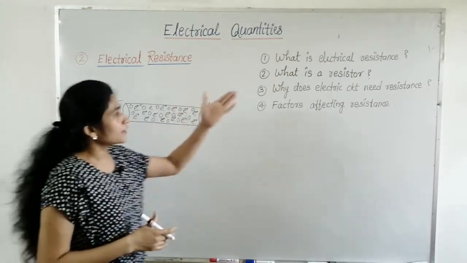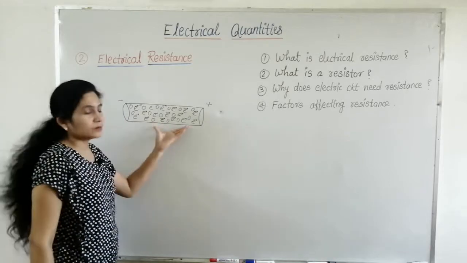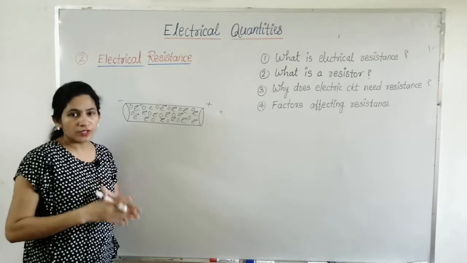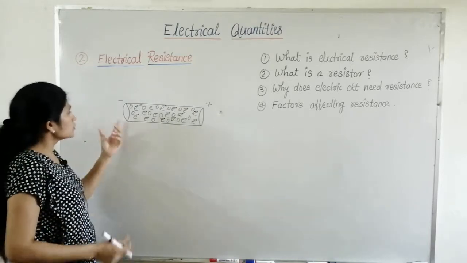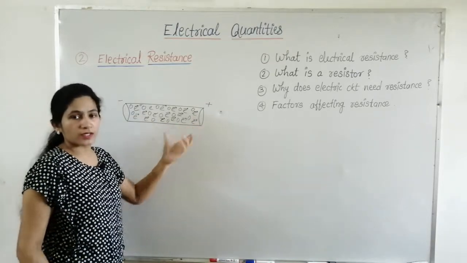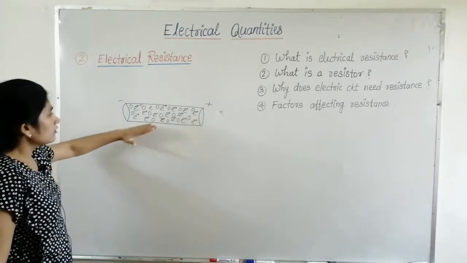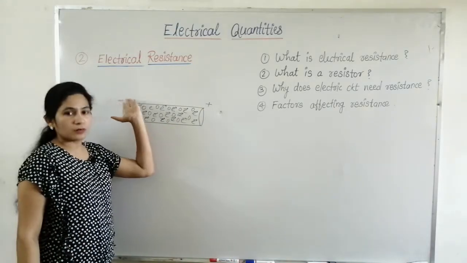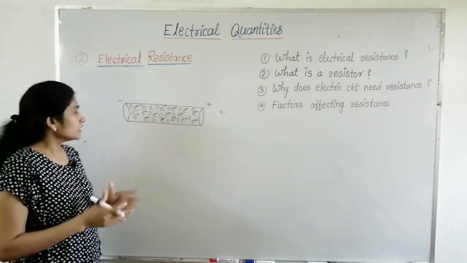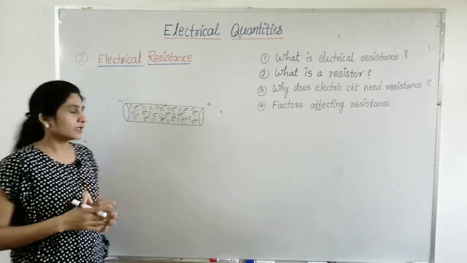So to understand electrical resistance we have to go inside a conductor. A conductor is nothing but a metal wire, okay, and we know that a metal wire consists of a number of free electrons. These free electrons move when a potential difference is applied across the ends of a conductor, and this constitutes an electric current, okay. But the journey of electrons from one terminal to another terminal is not a direct route, rather it is a zigzag path, okay. Now why it's a zigzag path, I'll tell you.